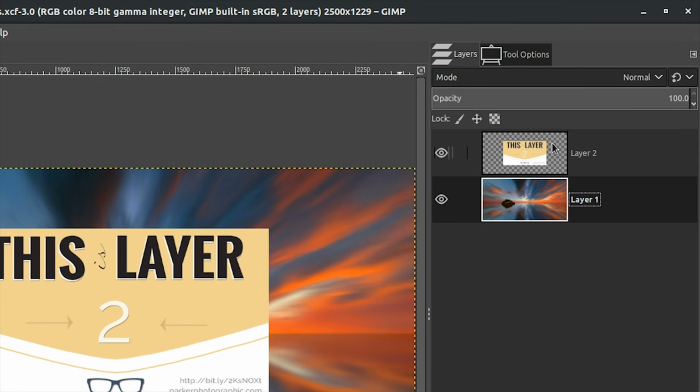Now, if you take a look at layer 2, we have some transparency around it. So that means there's no paint or no pixels on the outer parts of this graphic element right now. So that allows the layer below it to show through. Now, if it was a solid color around the edges, then we wouldn't be able to see the layer below it. So let me show you how that works,